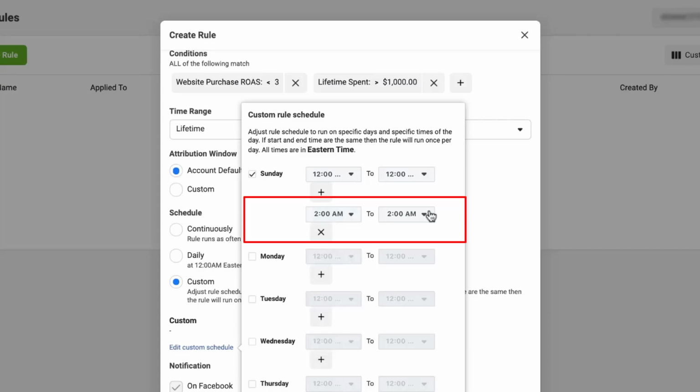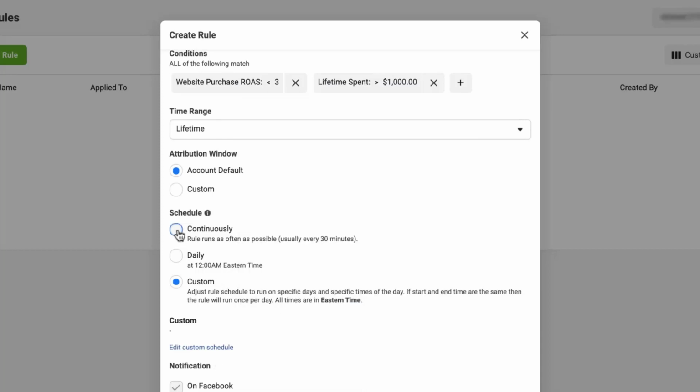again to running at 12 a.m., or you can set it up to have this end time be 4 a.m., which means that between 2 a.m. and 4 a.m., this rule will run continuously. So every 30 minutes, so since this is 2 hours, it should run about 4 times during that time frame. So I'm going to click out of here, I'm going to click close, I'm going to set this back up